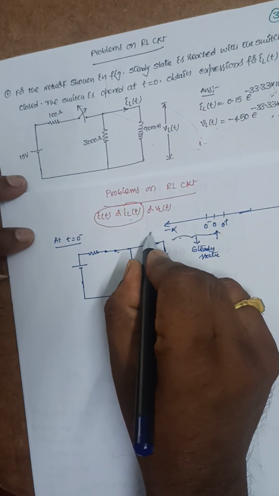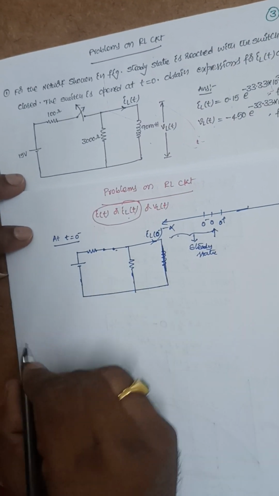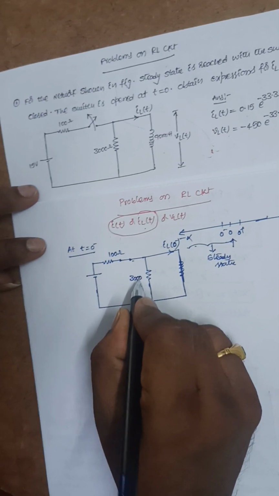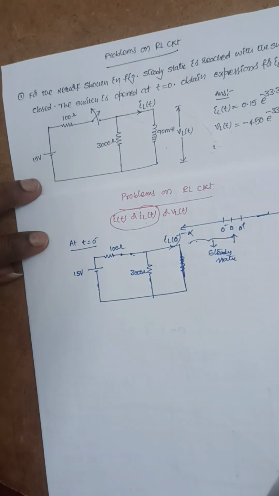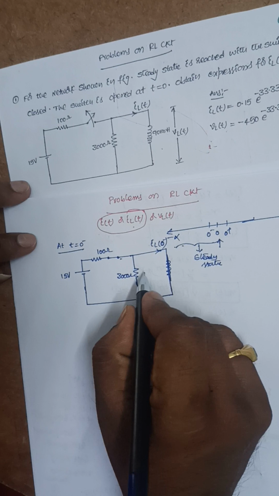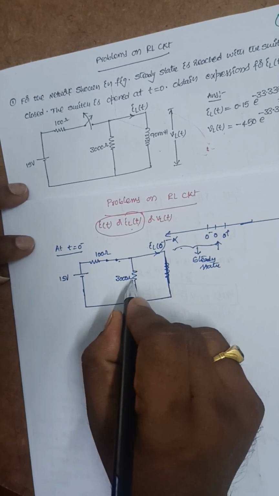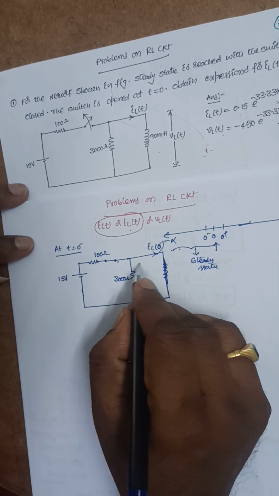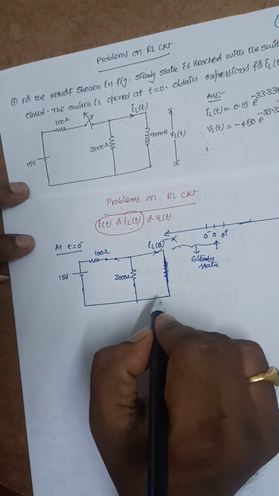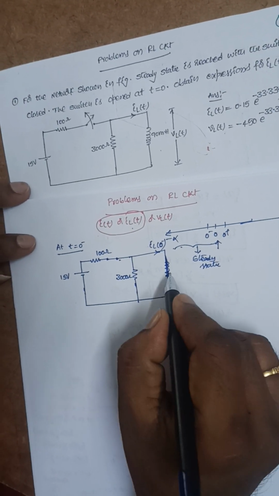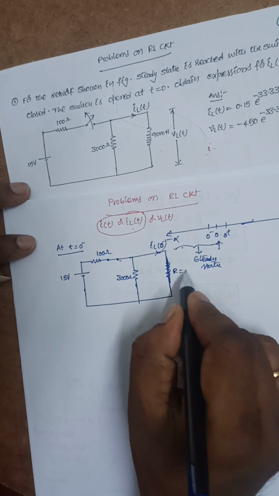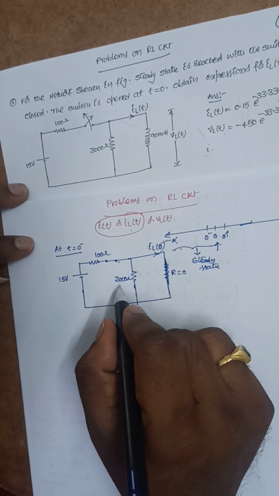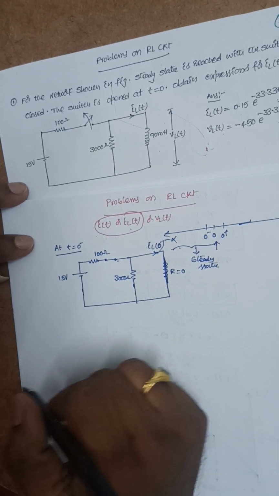Now this current IL of t or IL of 0 minus, and this is 100 ohms and this is 3000 ohms, with 15 volts. Even though this resistor is connected across the short circuit, no current will flow through the 3000 ohms, because current always prefers to flow through the low resistance path. The resistance offered by this short circuit is R equal to 0, so there is no voltage drop and no power absorption for this resistor. So I can remove this resistor here,